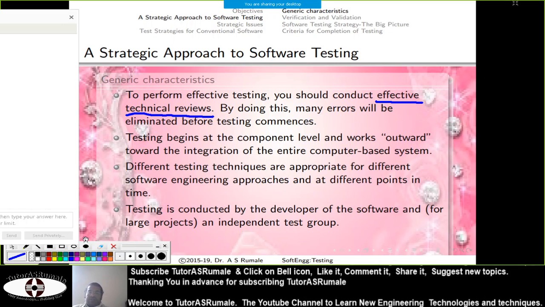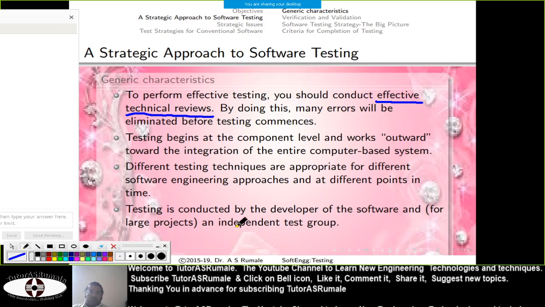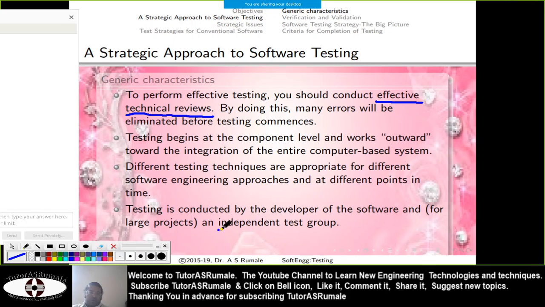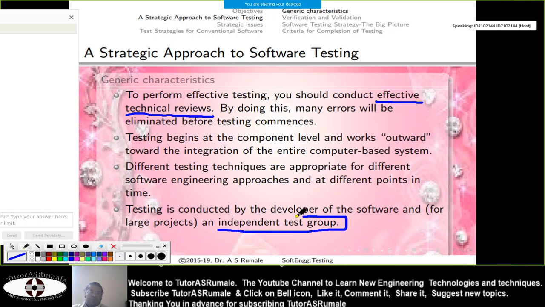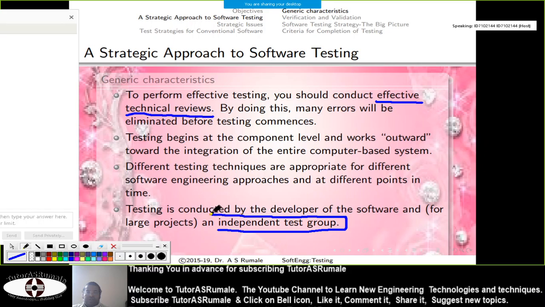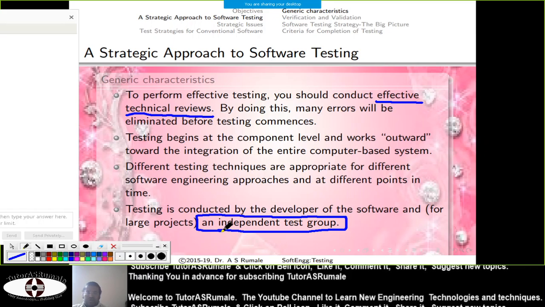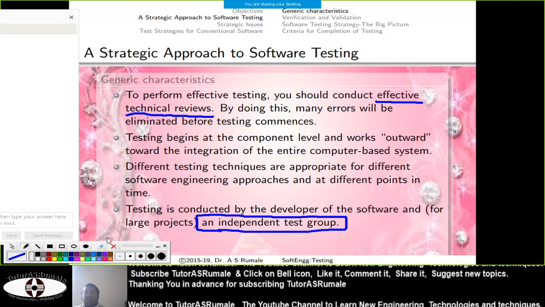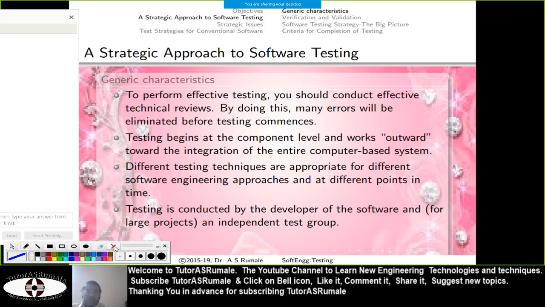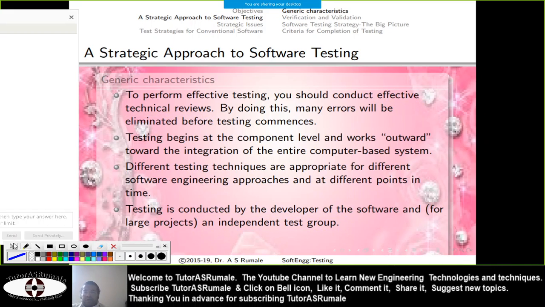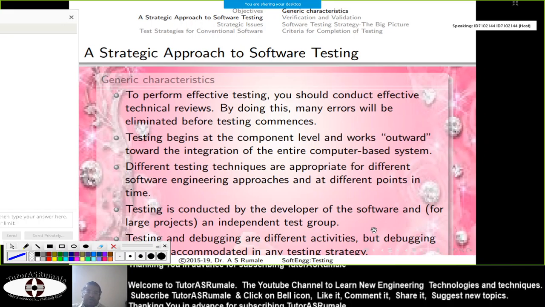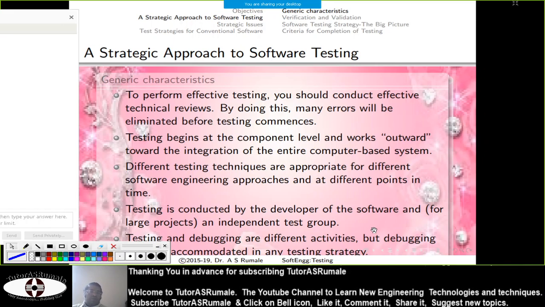So it is always better to go through an independent test group for testing your software. That's why whenever you design or develop something, always ask someone to test it for its correctness or genuineness.